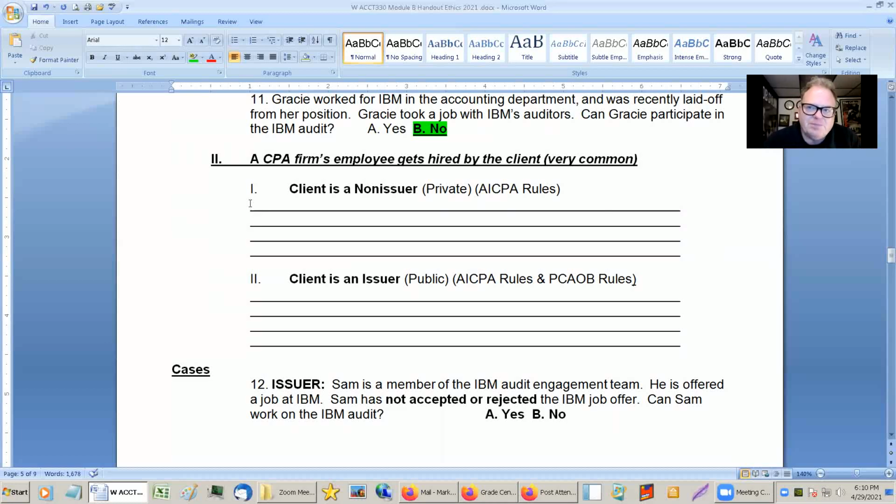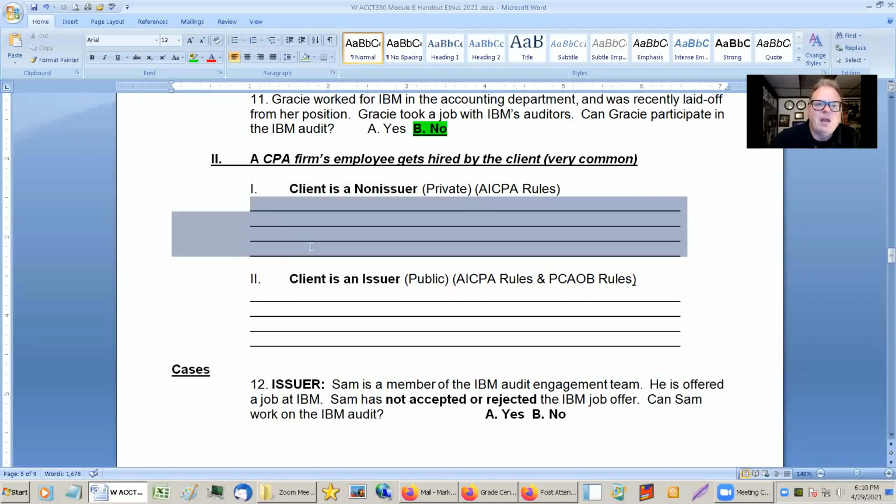So that's very common. And you wonder why the CPA firms do it. Why don't they just kick them out the door? Well, they want to have their people in the company so that when the question comes up, who should our auditors be? Well, whoever the auditors are, that's who's going to be there. So that's part of it, trying to get colleagues, if you will, into the company. So if it's a non-issue,